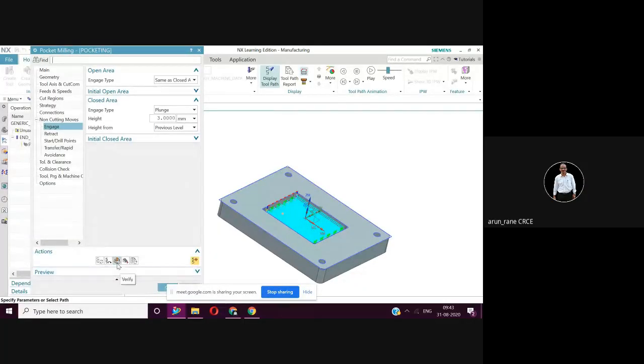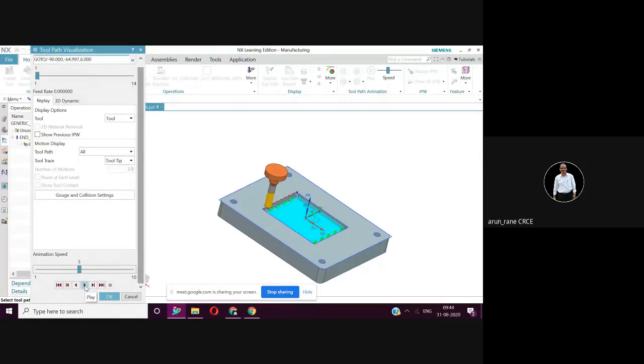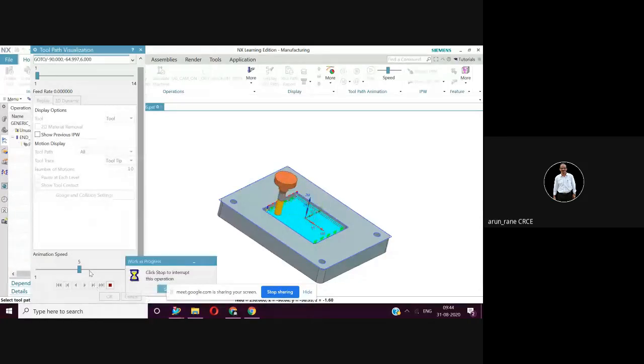Now you will simulate. So verify. Adjust your animation speed. Go down so that you can see the play button, and increase the speed.